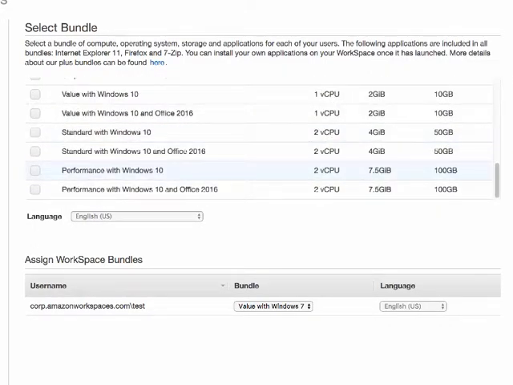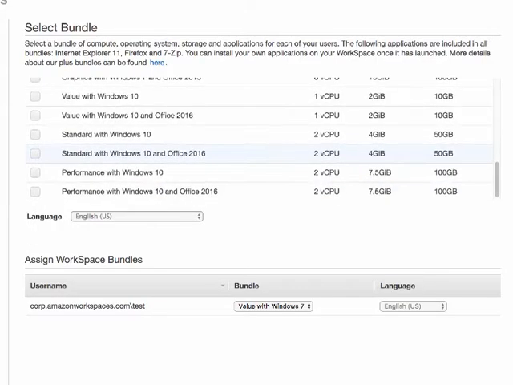You can keep scrolling down, you can find standard. I went with the standard with Windows 10 and Office 16, that's the one that I went with. So I'm just going to select this as the option, and I would leave everything here the same. And then when you click on next step,